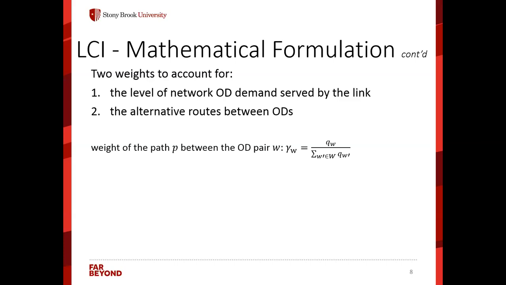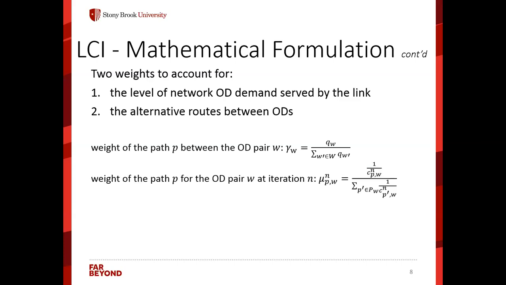And similarly for alternative routes, we come up with a weight that looks at individual path travel times between all ODs and assigns a weight based on the OD. Just a quick numerical example. If there are two routes between two ODs, if one is 10 minutes, the other one is 11 minutes, they should be almost equally weighted, because 10 to 11, if anything happened on the link, you may jump to the other link.